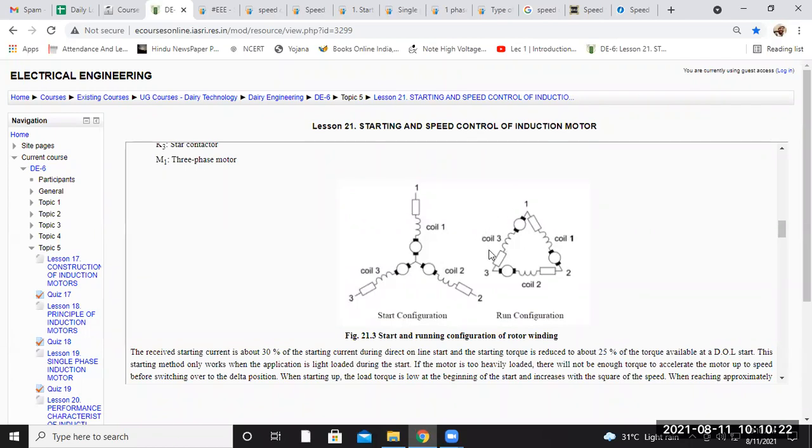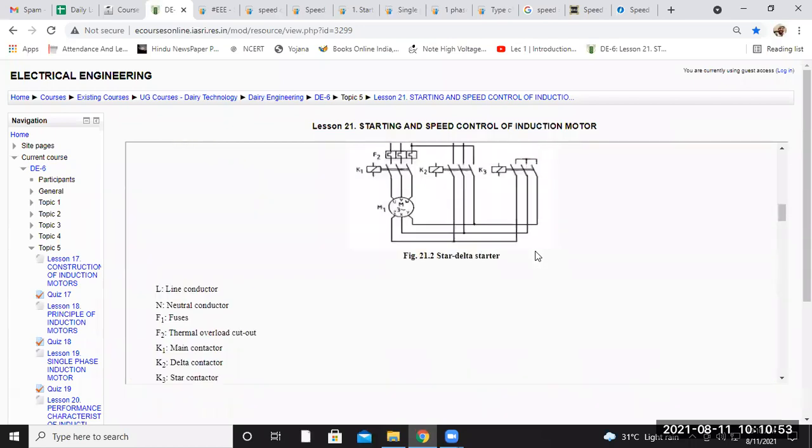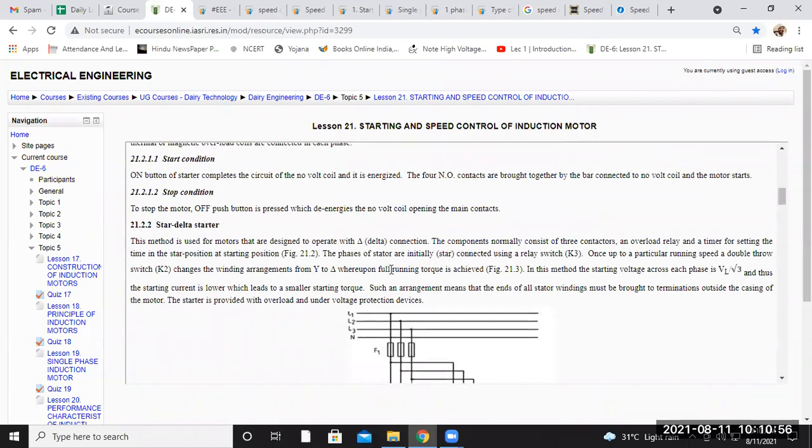And in the rotor part, or you can say after gaining the speed, it is converted to delta connection. In delta connection, the voltage will remain the same, 22.51 volt will be there, but the line current is equal to root 3 into phase current. From there, if you derive the phase value, you will reduce the value of the line current by 57%. So that's why we use star to delta connection for the starting method.